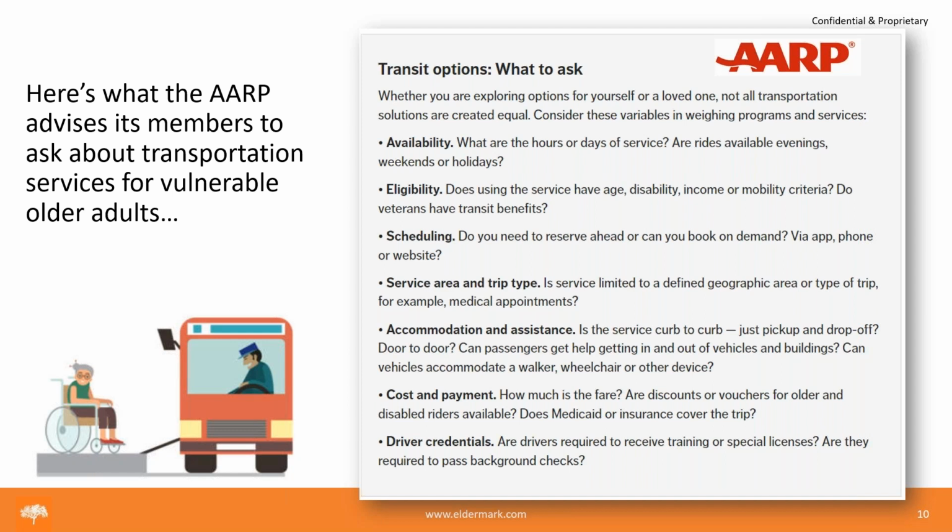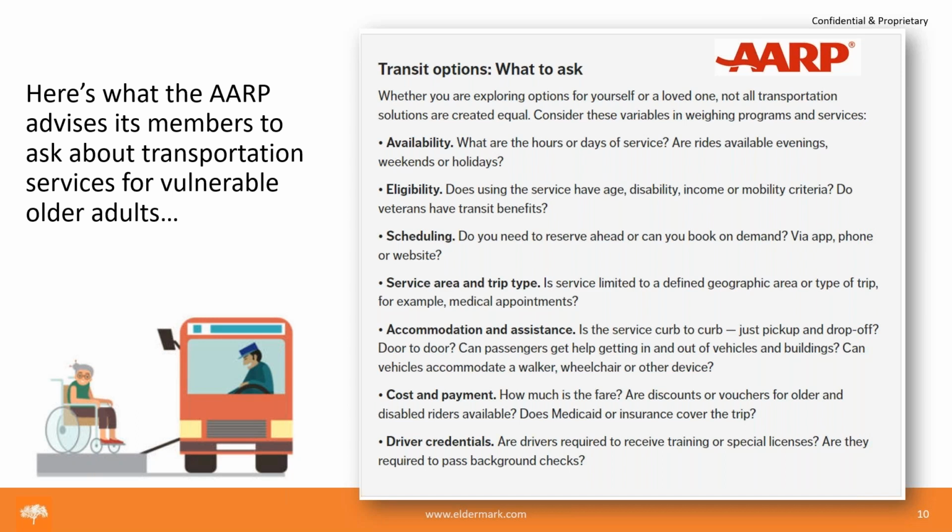AARP, the strong consumer advocacy organization for retired persons, is encouraging their members to ask a number of questions about transit options wherever they live. They recommend questions like availability: what hours and days of service, how available is a particular transportation service, am I eligible? Am I eligible for a payor, or is there other criteria, like for veteran transportation services?